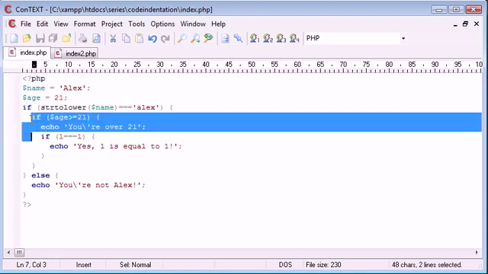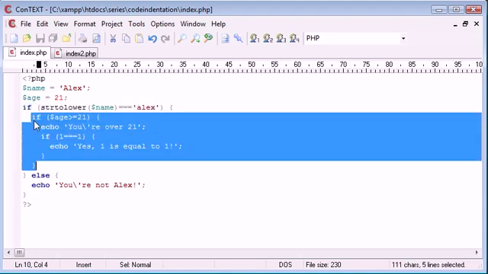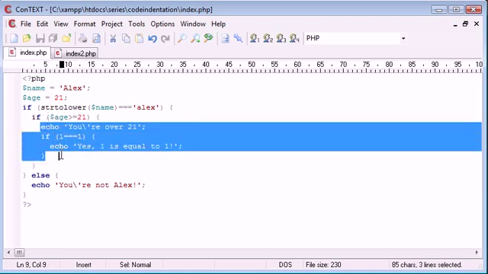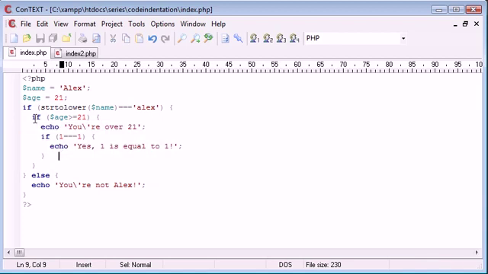So the block, I can already tell, is just from the start of this if down to here. This is the start of the block and this is the end of the block here. And this is the start of the top block and this is the end, and then we say else. So inside of this block here where we're saying is age greater than or equal to 21, this is inside. And we can automatically tell that because we've got straight down here, straight down here, and straight down here. And then we've indented just the echo inside of here. So you can